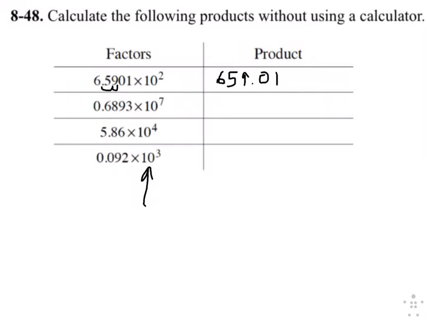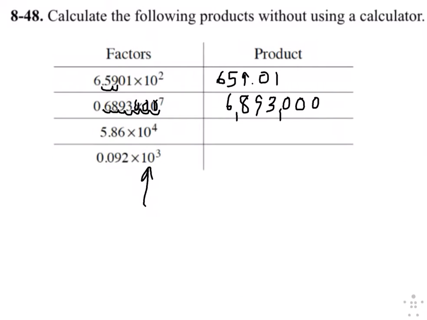659.01. This one I'm moving it 7 places, right? So I move it once, twice, 3, 4, 5, 6, 7, right? So I have to fill in 1, 2, 3 zeros there. So it becomes 6, 8, 9, 3, right? 0, 0, 0, and now I just write the commas in there. So it's